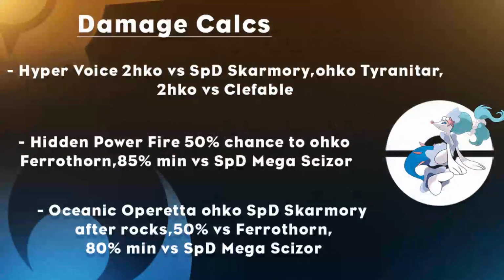Now for some quick damage calcs. A max special attack Hyper Voice with a Life Orb is a 2-hit KO versus specially defensive Skarmory, a chance to OHKO Tyranitar after Stealth Rock, and more importantly, 2-hit KOs Clefable. Hidden Power Fire also has a 50% chance to OHKO Ferrothorn and does 85% minimum to a max special defense Mega